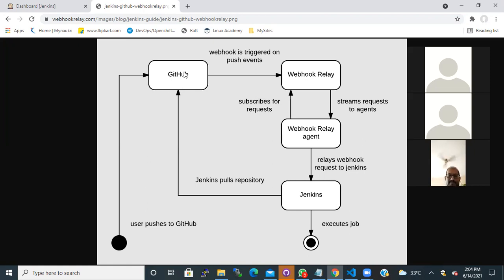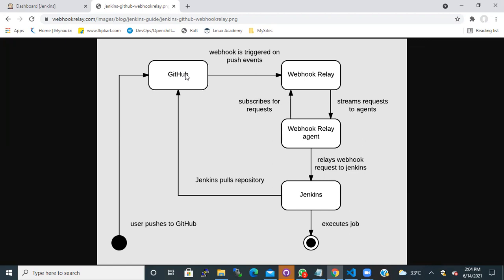But in our case, we have a GitHub code repository that I'm using. And then, as soon as the user makes the code changes and commits the new changes into GitHub, that means once he pushes the code into GitHub, what happens?